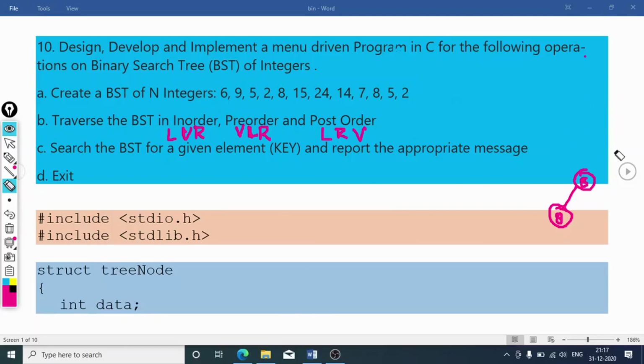So let me start the program explanation. First of all, I have to include stdio.h. After that, I have to include stdlib.h. Okay, these are the necessary header files for this program. And next,